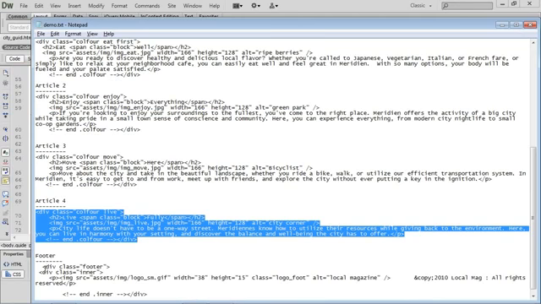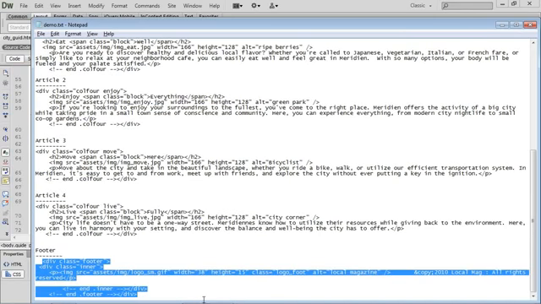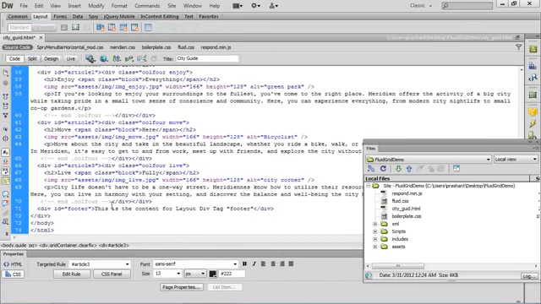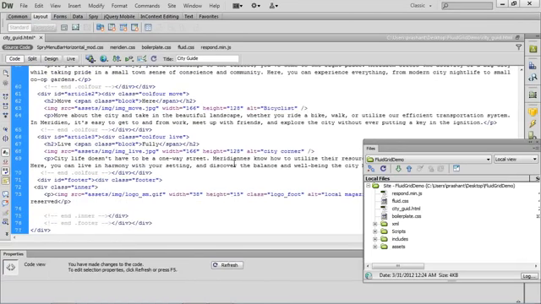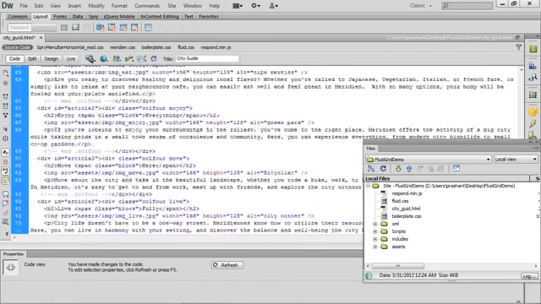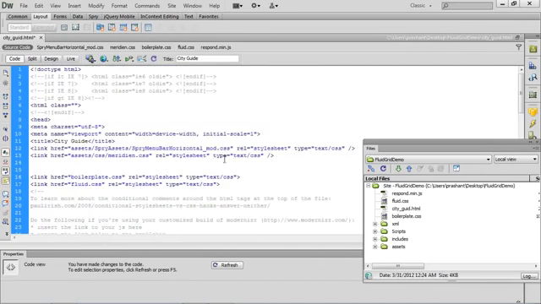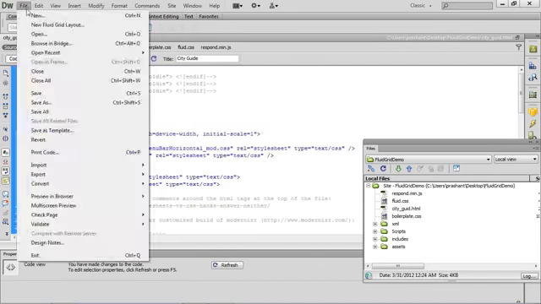Okay. Right, so we have copy pasted all the source into the newly inserted divs. Let's go ahead and save this.